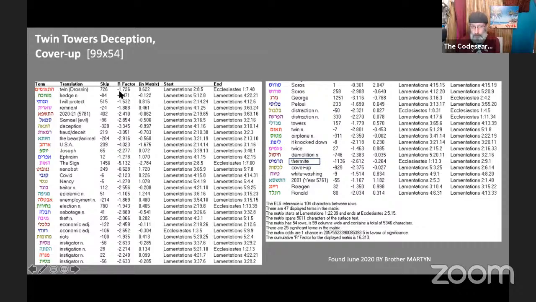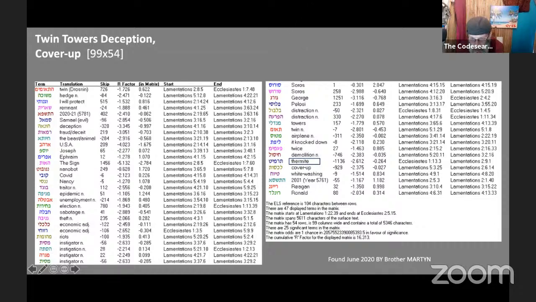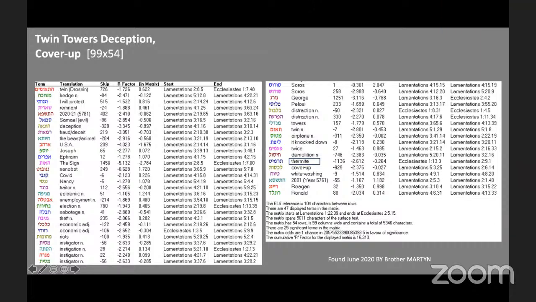Planned for a long time. And used for their ends. And the odds of this being random chance are minuscule. It's 20.6 quadrillion to 1 that this is not random chance, this table. And even Reagan is connected. 32. Yeah, that's in one line. That might be interesting to read there too. So I thought that would be fun to look at again.